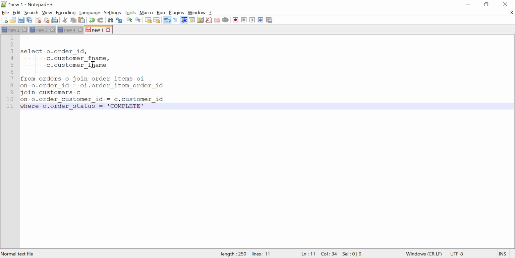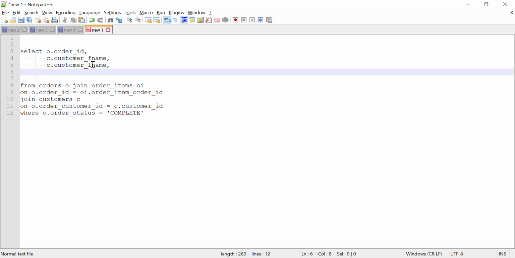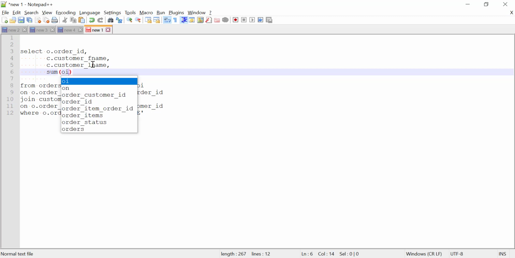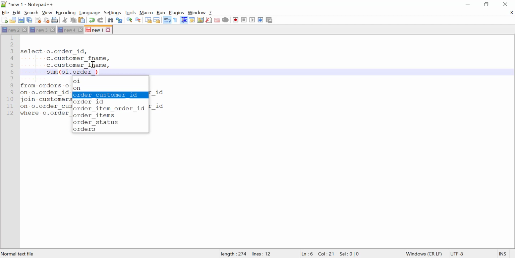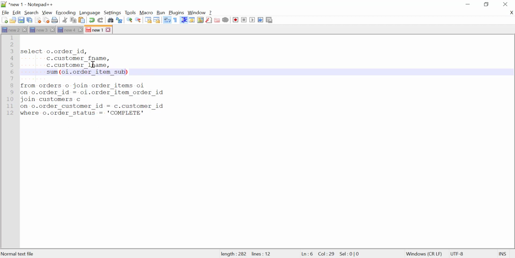This is my query. Now I have to calculate the order revenue as well. Order revenue can be calculated from a column order_item_subtotal which is present in order items. So I'm going to use a sum function here on OI.order_item_subtotal and I'll name this column order_revenue.